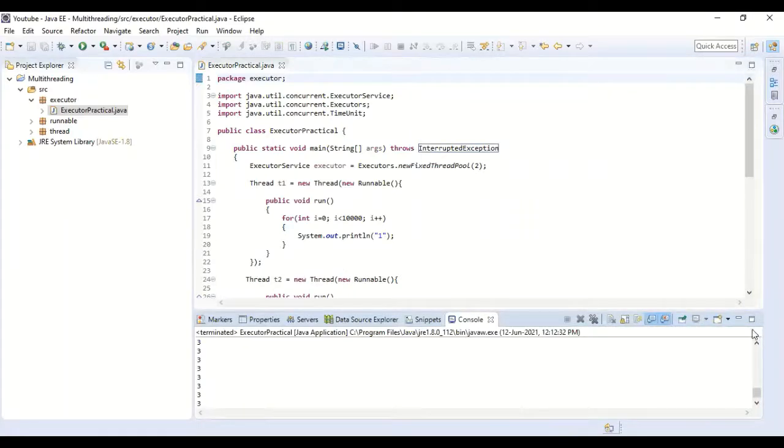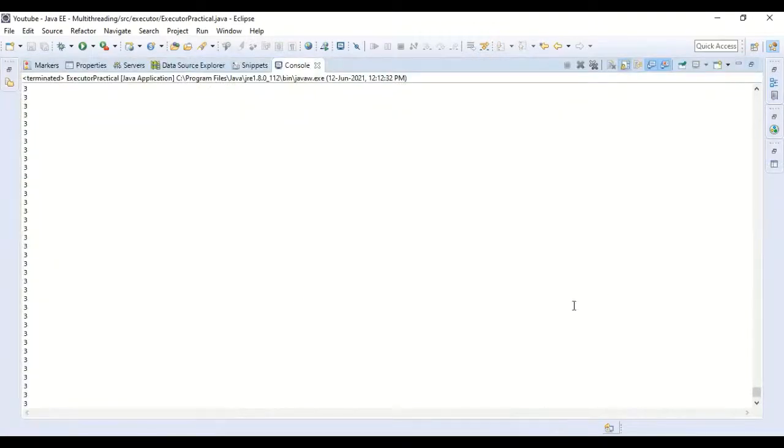If we see the console output, let's move to the top. We can see that 1 and 2 are getting printed in parallel, because it is not sequential. Sometimes 2 is coming, sometimes 1 is coming.